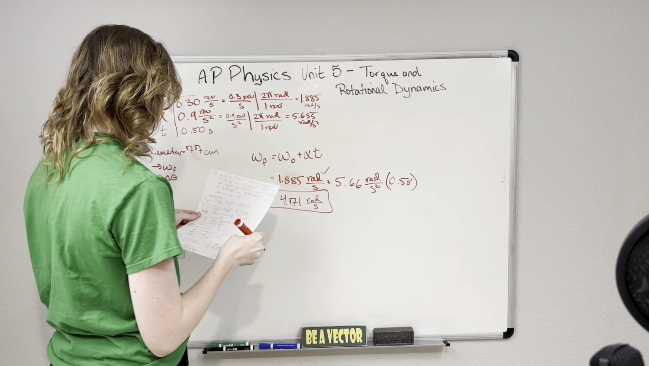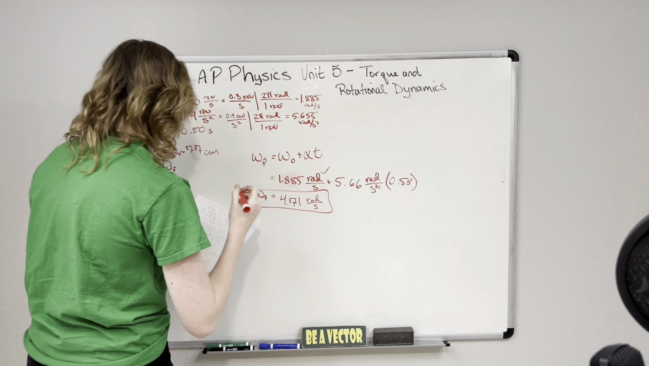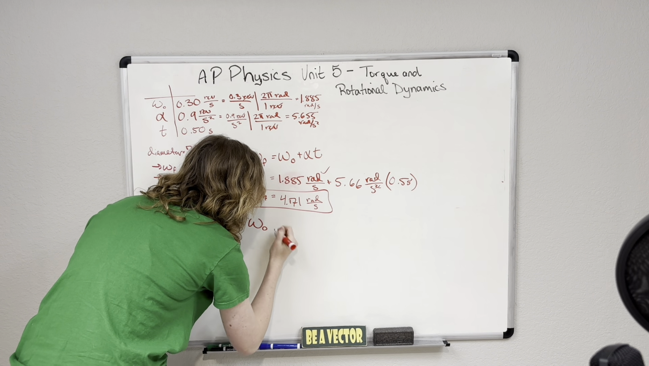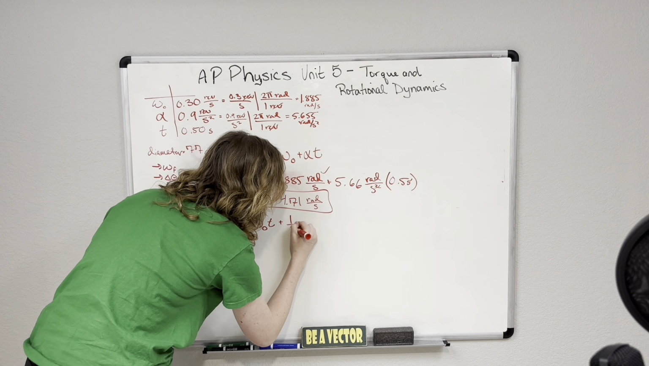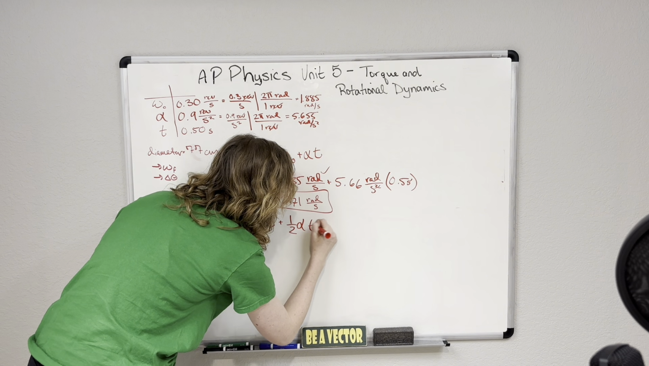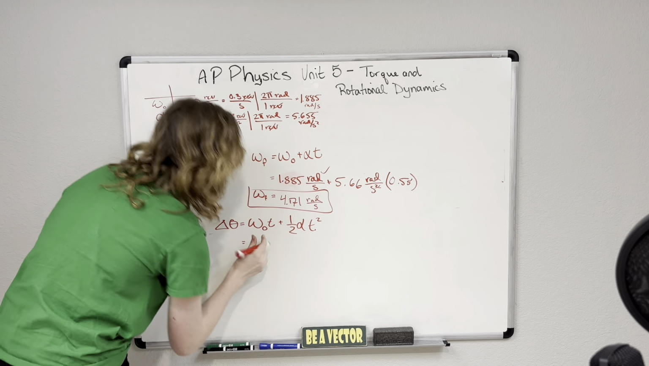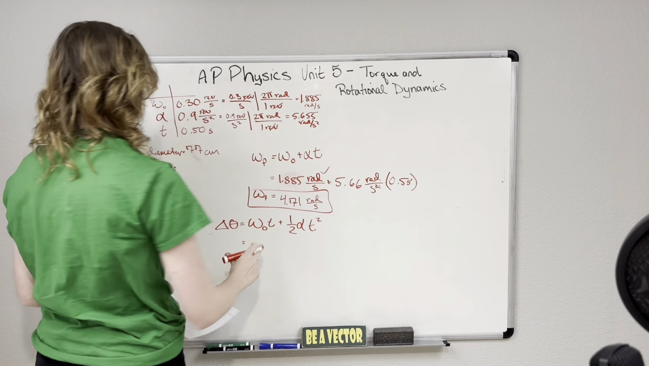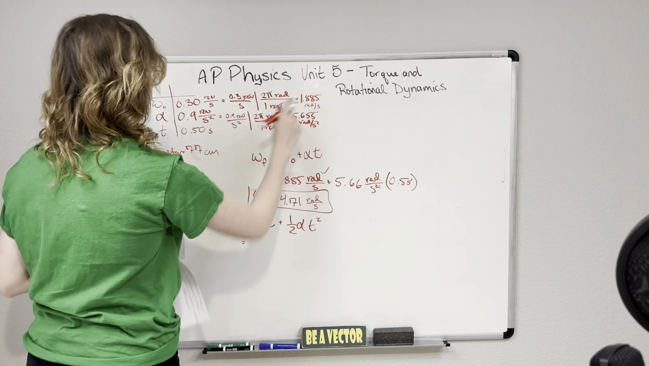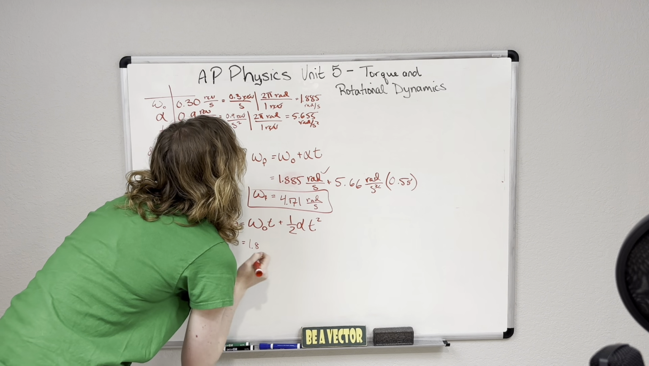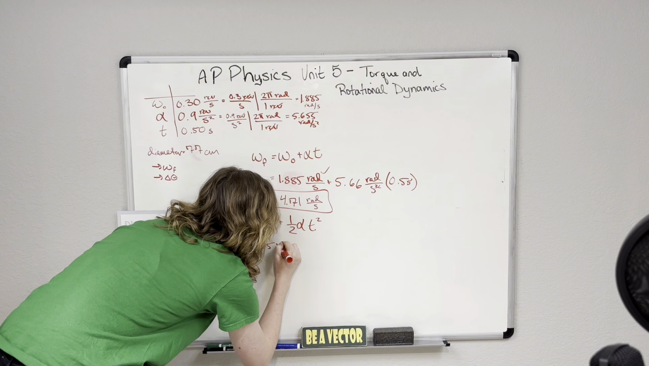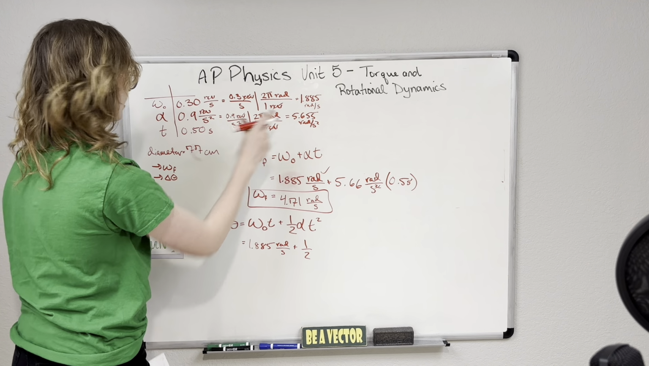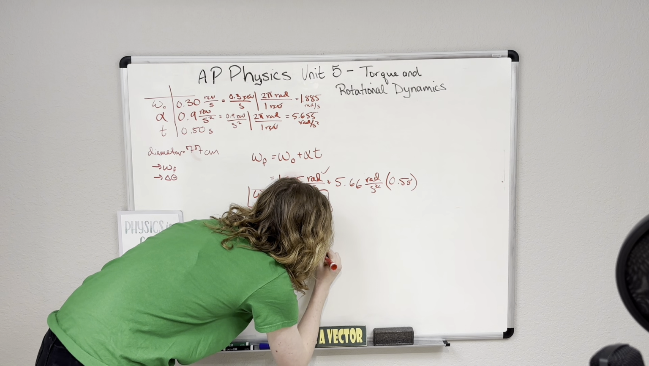But in this example, we're going to use equation number 3, which is that our angular displacement is equal to our initial angular velocity times time plus 1/2 angular acceleration times time squared. So now I have all of my values and I can just plug directly into these. So our angular velocity is 1.885 radians per second plus 1/2. My angular acceleration is 5.66